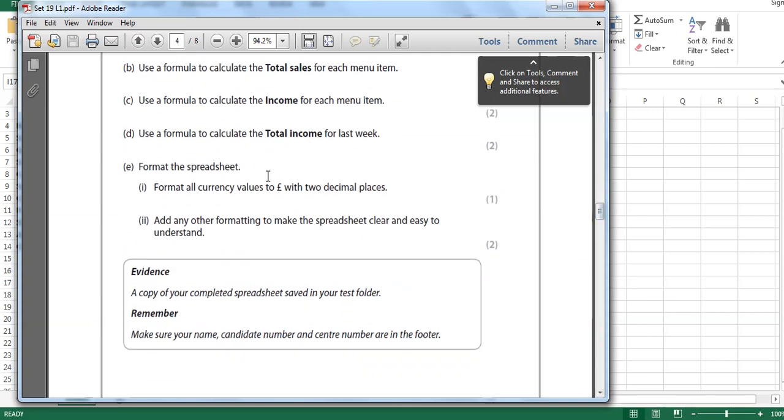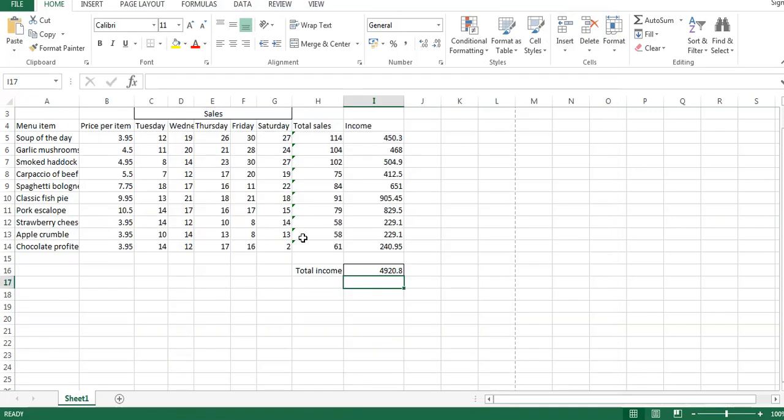So we're then asked to format the spreadsheet. Format all currency values to pound with 2 decimal places, and add any other formatting to make the spreadsheet clear and easy to understand. So in order to make it clear and easy to understand,